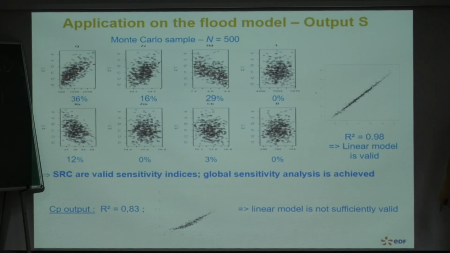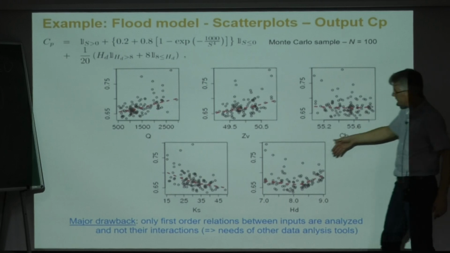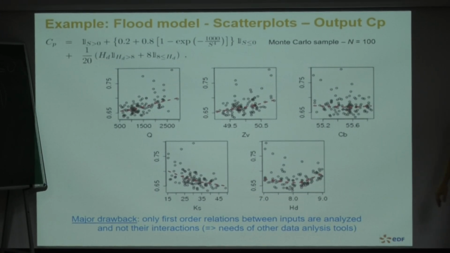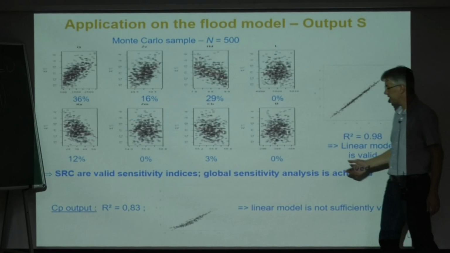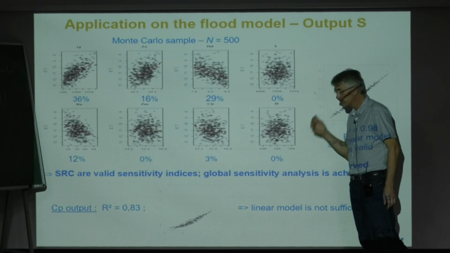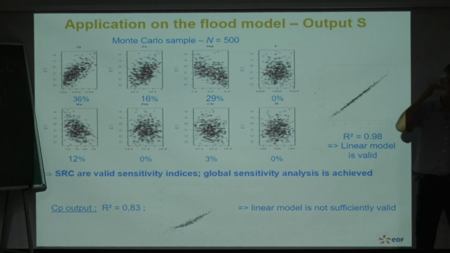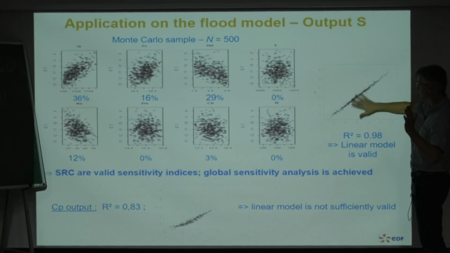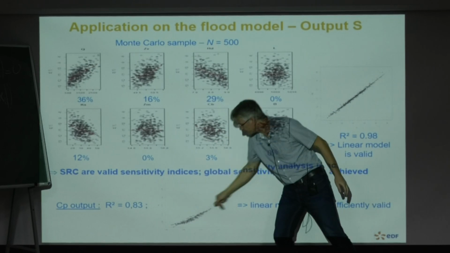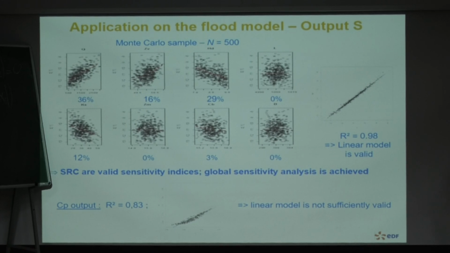For my second output, if you remember, I have introduced these things. I have some non-linearity. So I cannot consider these sensitivity indices because the hypothesis is not valid. So I have just put the graph between the observation and the prediction by the linear model. So this is for the first output, it's good. This is for the second output. We see that there is a kind of bias. So I have to complexify my model because the linearity is not validated.